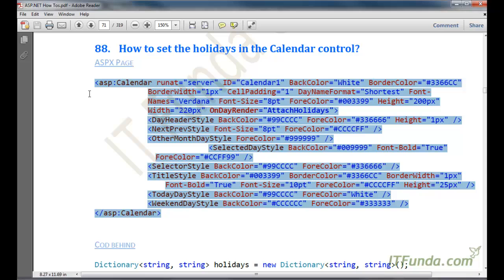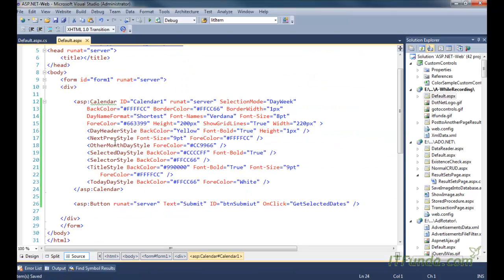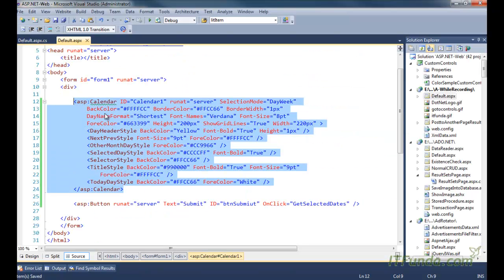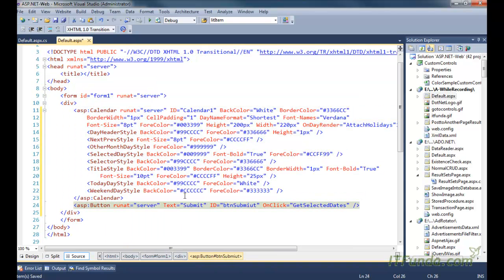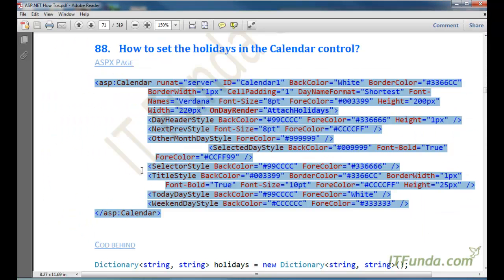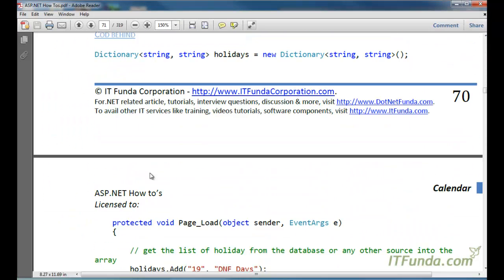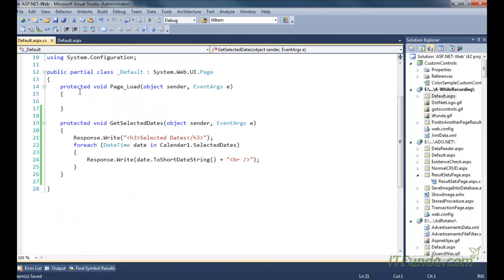So first let us render the calendar. So here is my calendar control that I am going to use here. So this is my calendar control. Now I do not need the button control here. Now let me show you the code behind. So in the code behind I have a dictionary object. So here is my dictionary object,